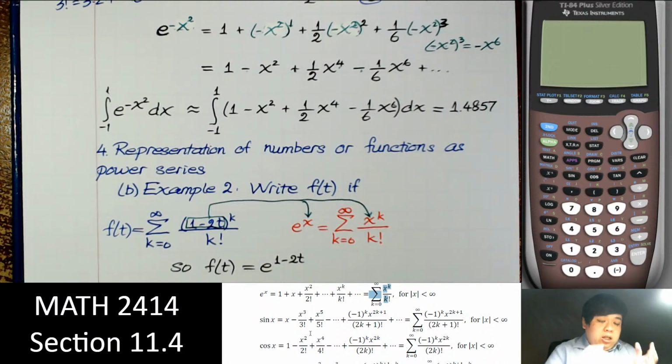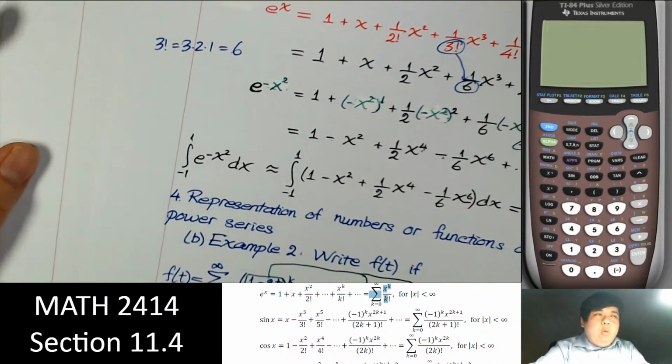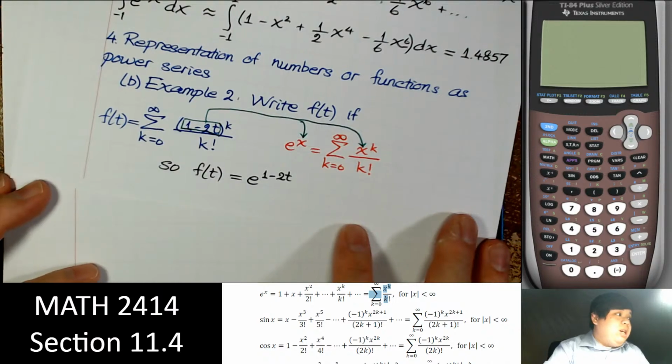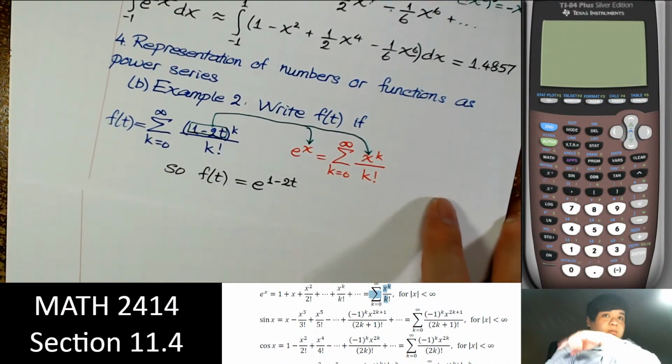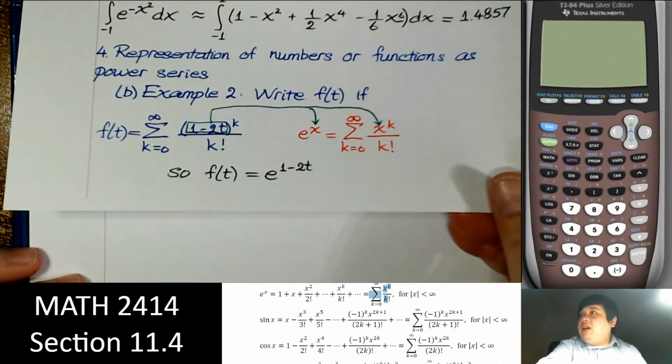So the key is sometimes if we have the function, we go to the table, we look for the series. Sometimes we have the series, and we're trying to go back and look for whatever function corresponds to it. So that looks like exponential, and so we just substitute in. So that's what we do. Whether we have a series or we have the function, that table is very useful. Yeah. So when you do the homework properly, you see some of this. However, on test 3 we didn't get to this point yet, so I did not ask anything related to that table. Alright. Now with that, we go to